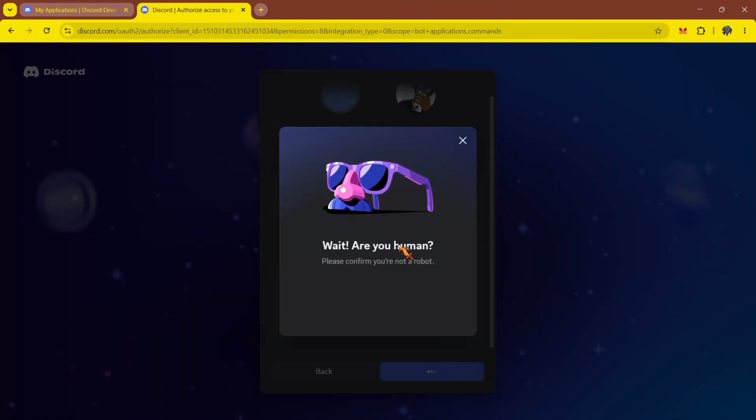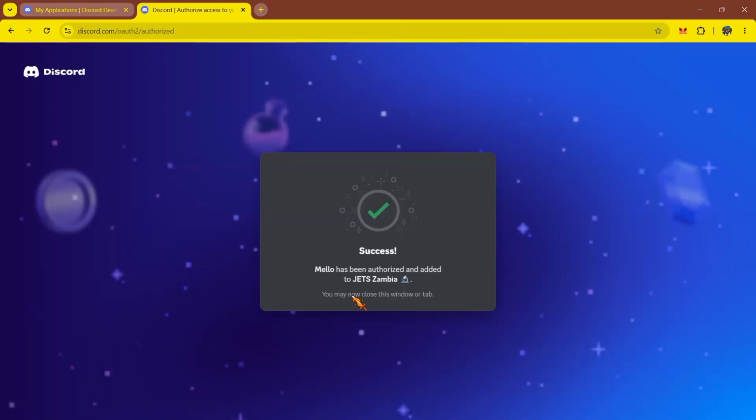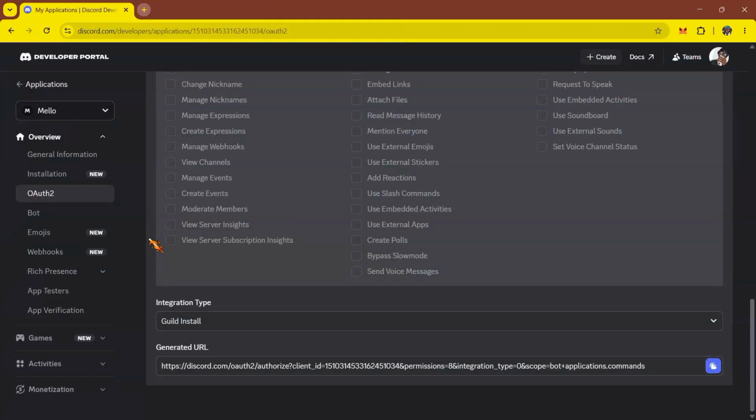And once you're done with that, it's going to ask you to verify if you're a human or not. Once you're done with the authentication, you should see this screen right here saying success. And what you're going to need to do is actually close that window right there and go right back to your developer portal. Now that we're here, we're going to need to click on this tab right here that says